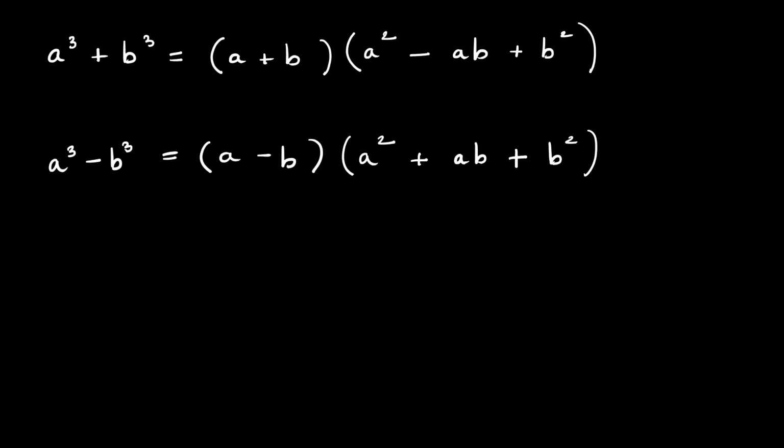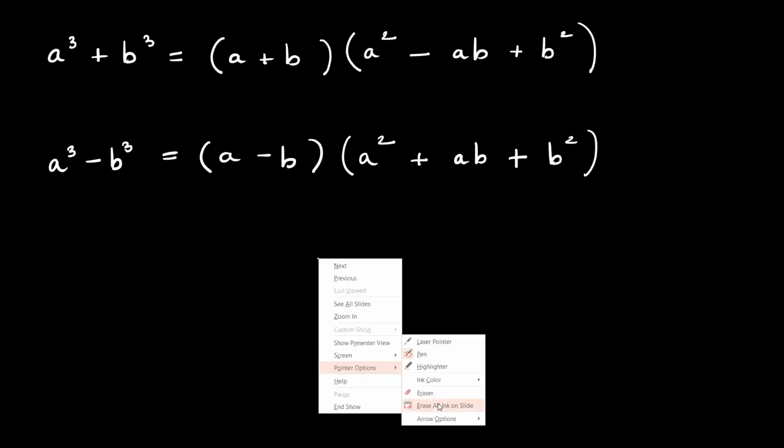Hello, sir. Yes, you've learned the formula. Yes, sir. Okay, quickly go through both the formulas. First, tell me what is A cube plus B cube formula. A plus B in the first bracket and in the second bracket, A square minus AB plus B square. Okay. And what about A cube minus B cube? In the first bracket, it is A minus B, and in the second bracket, A square plus AB plus B square. Okay. So let us solve the first sum of practice set 6.2.